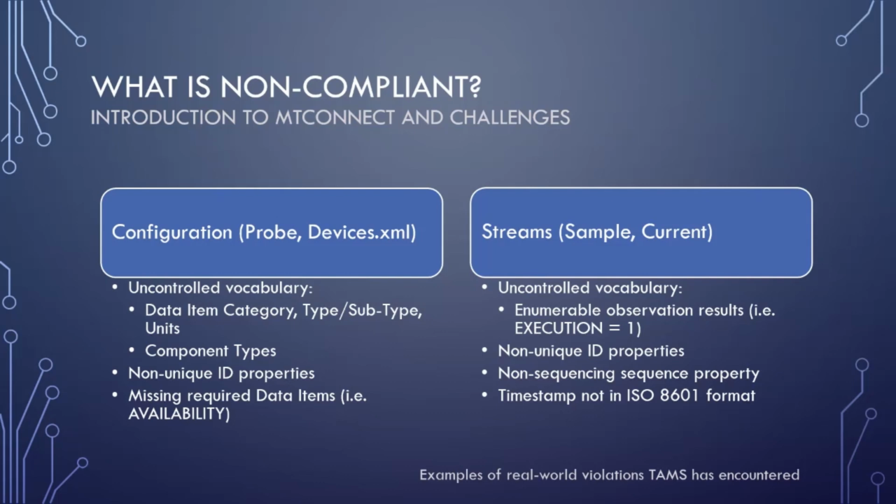One of the worst cases that we ever encountered actually was identified in this slide. Every piece of data that streams through the agent should be sequenced with an auto incrementing sequence number. And we've encountered some implementations of MTConnect where the sequence numbers were either duplicated, non-incrementing, or just missing, which of course is not an MTConnect response. It's just XML.